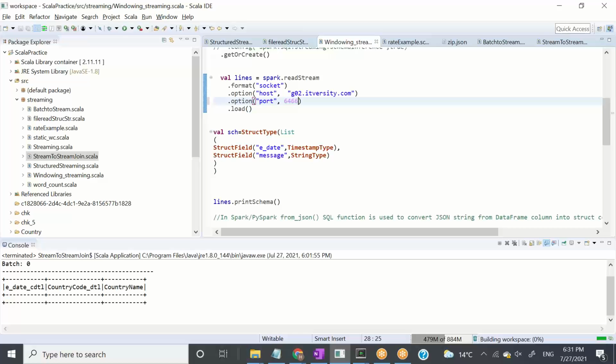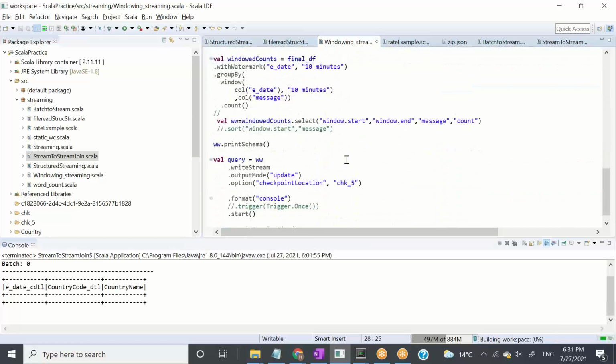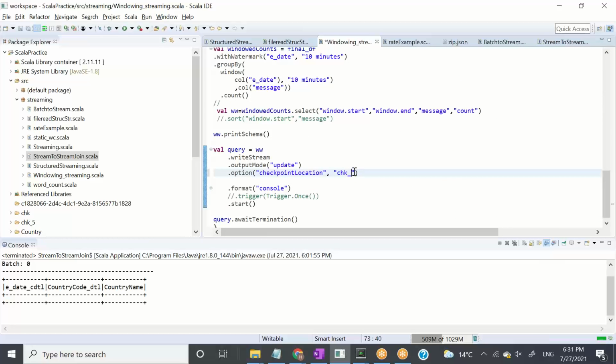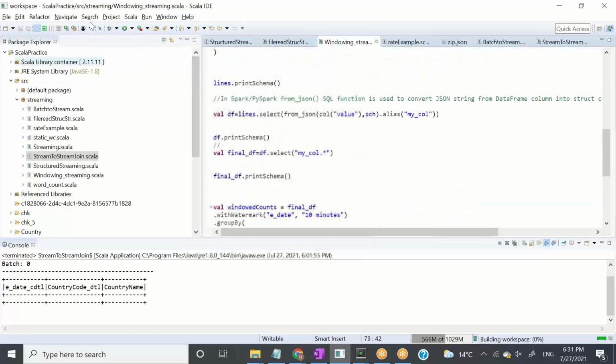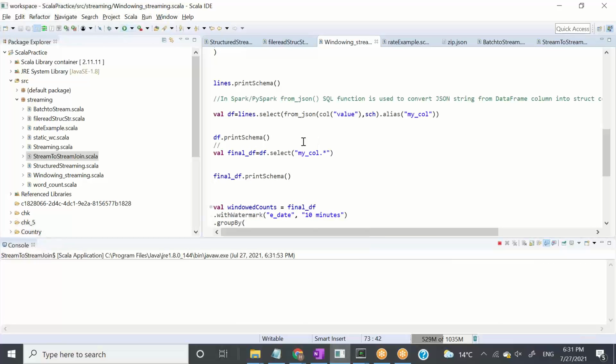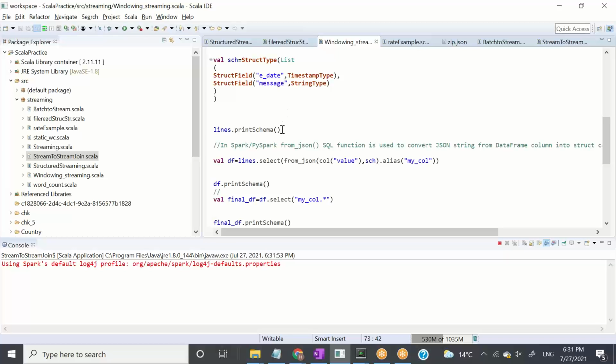And we will save it. And we'll do one more thing. Let's change this checkpoint directory to something, any name. And let's run it for 2 minutes, okay? And let's run it. So what I'm trying to show you here is that first it will print the default